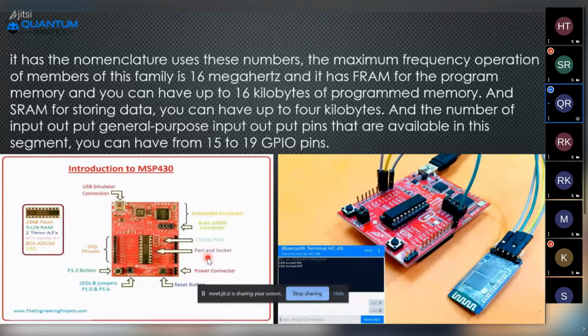And here we can see the ports and sockets. The ports and sockets are included in the microcontroller, and they mean the input and output. Here you can see it is wired with jumpers like that. This is an output, this is a male adapter, and this is a female adapter.